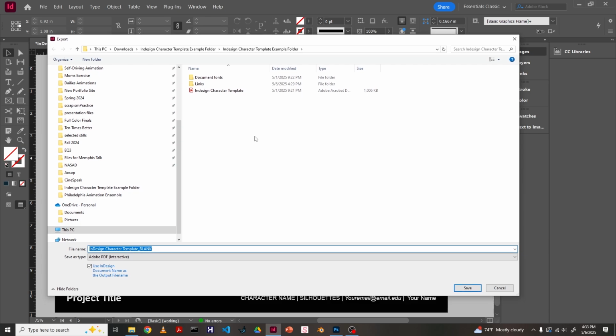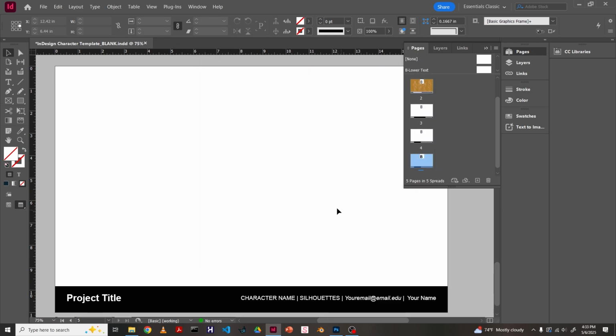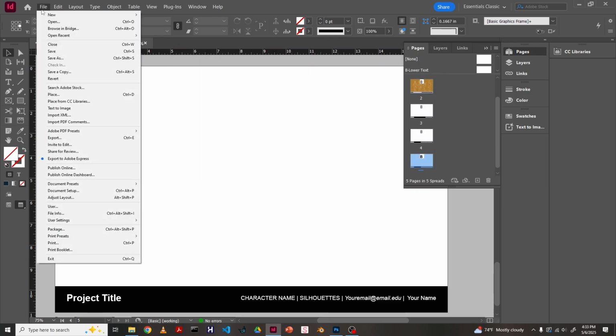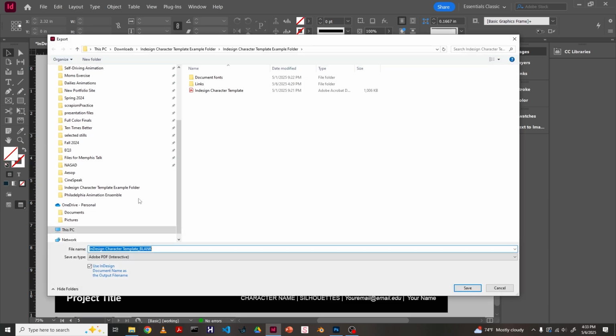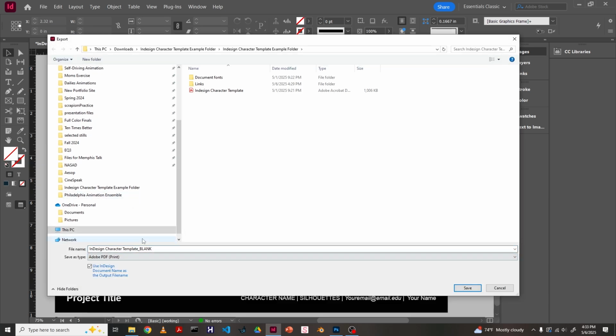And now, this is inside that same folder, I'm going to do JR character design v1, and then you can just hit save. Oops, I had it set to interactive PDF. If you go File, Export, we just want a print PDF, so save as file type print. There we go. Again, JR